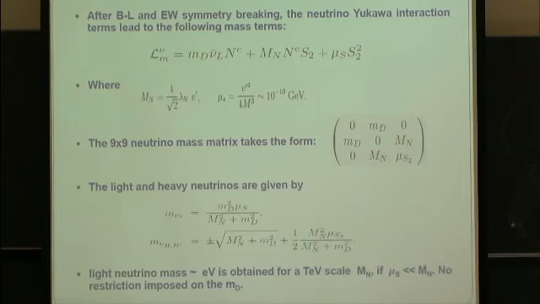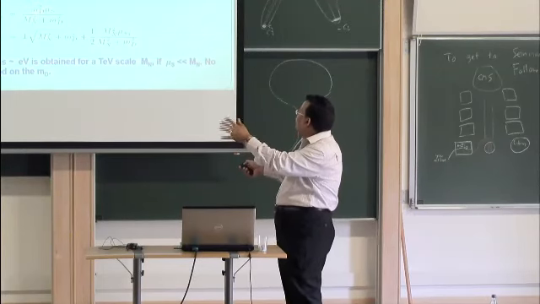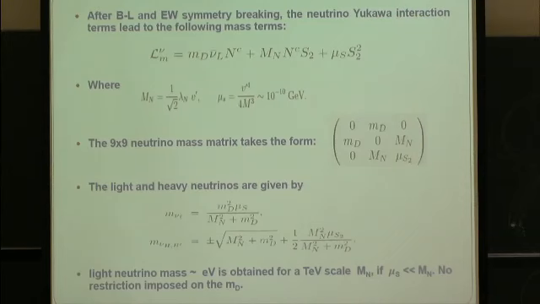This is a standard scenario in neutrino mass generation, called the inverse seesaw. So you need essentially the relative size of m Dirac and mu S. If you decide to take m Dirac of order the electroweak scale, which is 100 GeV, then you need mu S to be somehow 10 to minus 6, and this can be obtained radiatively.